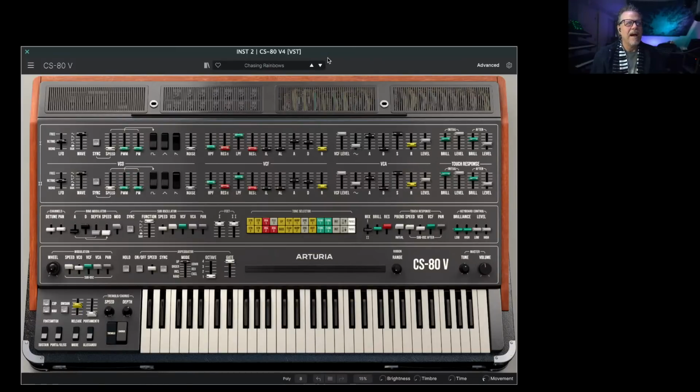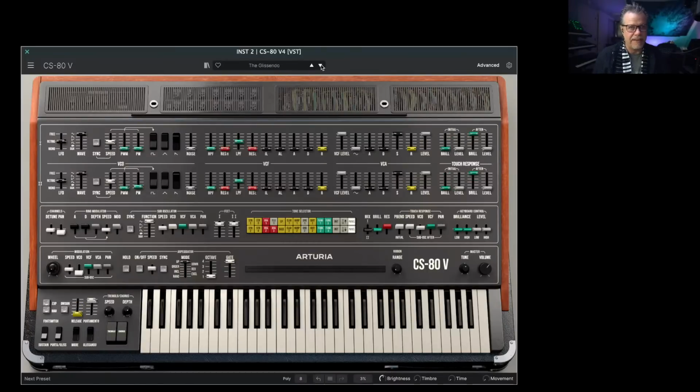I don't want to say anything. I showed this a number of years ago to a couple of my friends that have CS80s, and they're like, that's not a CS80. So this particular synth that Arturia makes has never been one that I've been like, oh, such a great one, unlike the DX7 and some of the newer ones that they have. I mean, there's many of the Arturia collection that are just exquisite. But this one in particular,